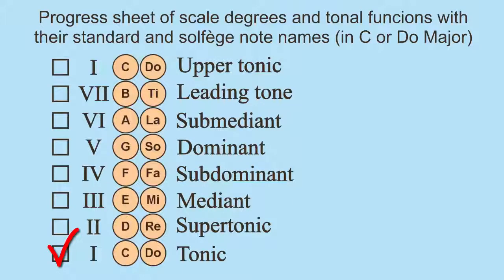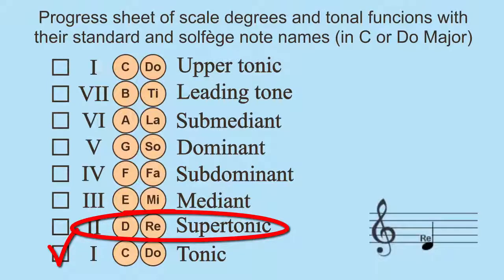Well, all this was just to say with all property that it's easier to sing conjunct than disjunct intervals. So, to ease things up, we'd better pick a tonic's neighbor to begin with a conjunct movement. This visualization of our scale clearly indicates that the logic choice is D or Re, which is located as the second degree, performs the tonal function of supertonic, is shown here on the first additional lower space on the staff,